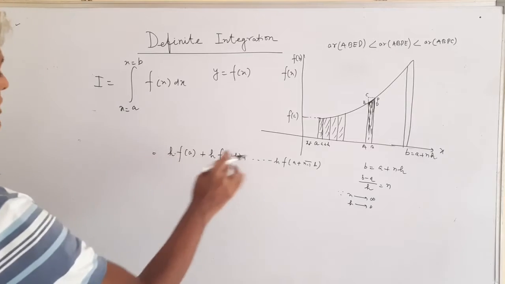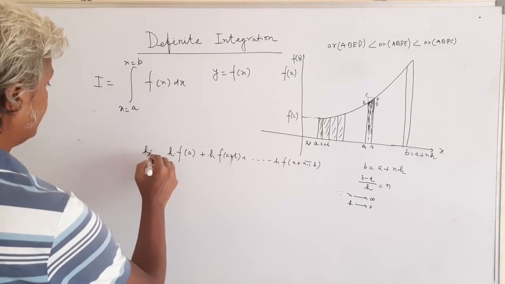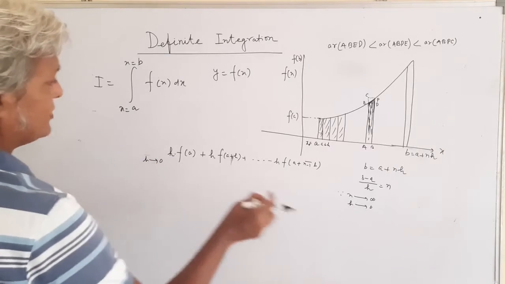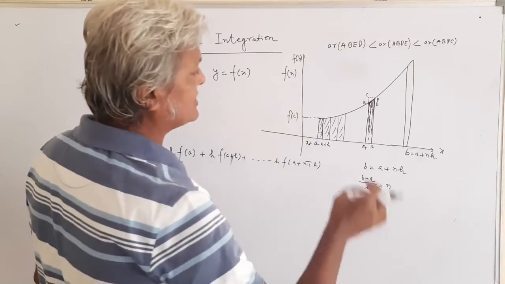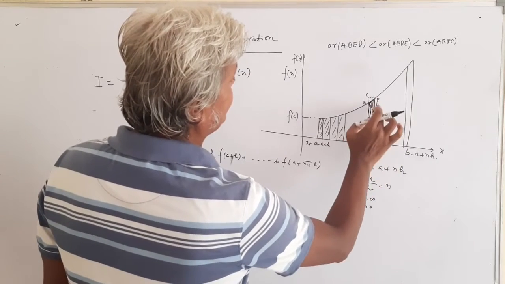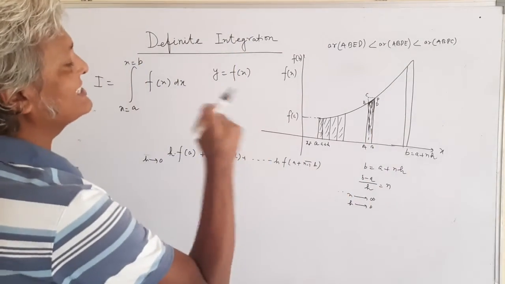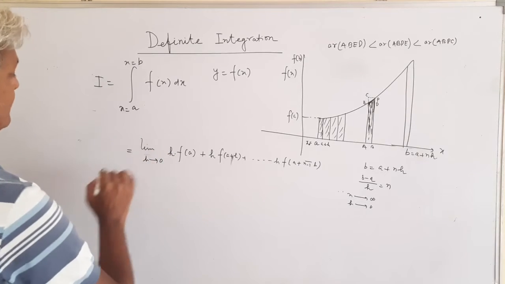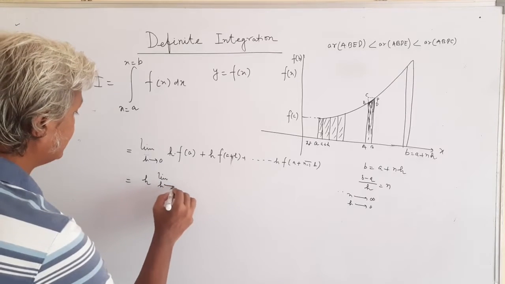Now the sum of all this, with the idea that limit h tends to 0. Why are we setting h tends to 0? Because we want the thickness to be as small as possible and the number of strips as big as possible, so that ABPE, ABPC and ABED all coincide to become one. So this is the limiting value. Now you take h common and then you write like this, limit h tends to 0,